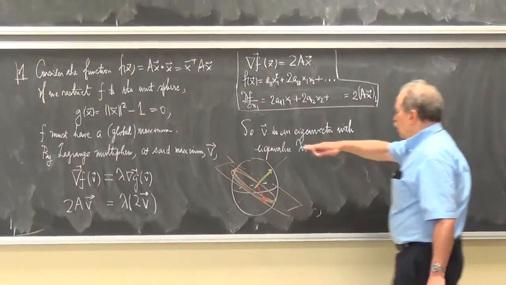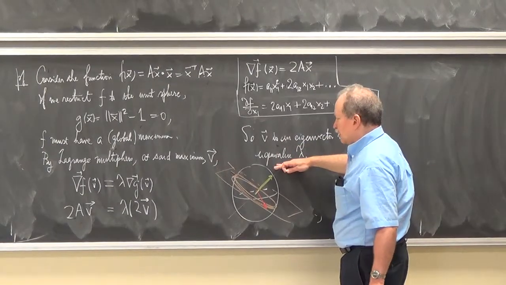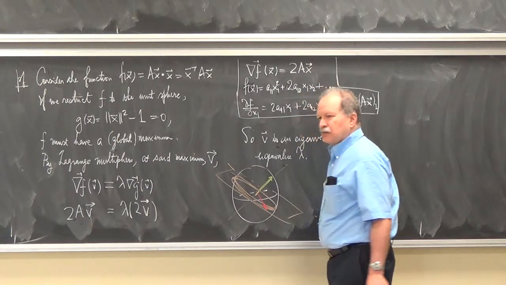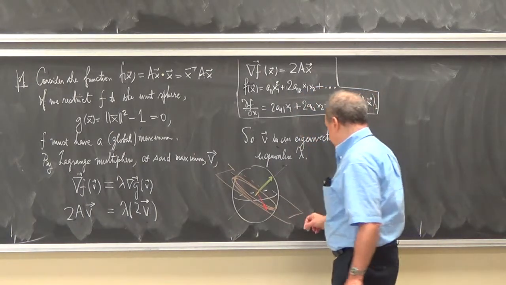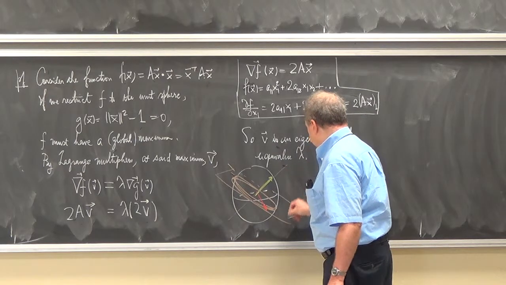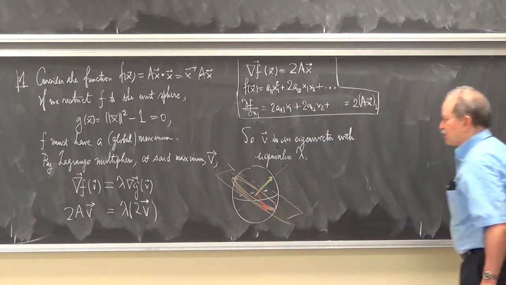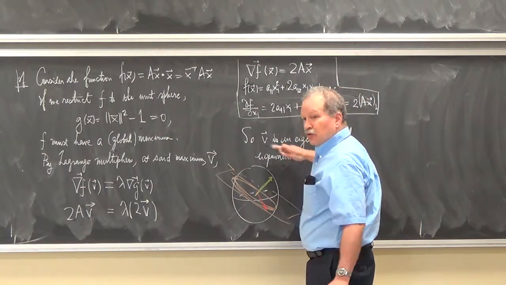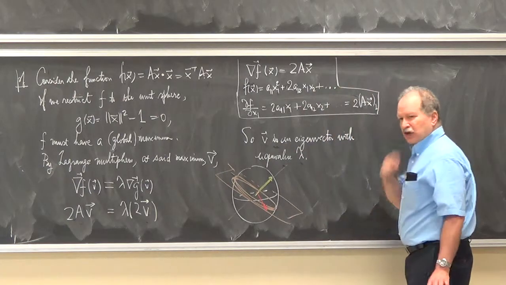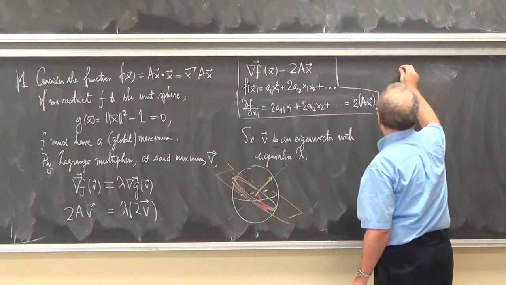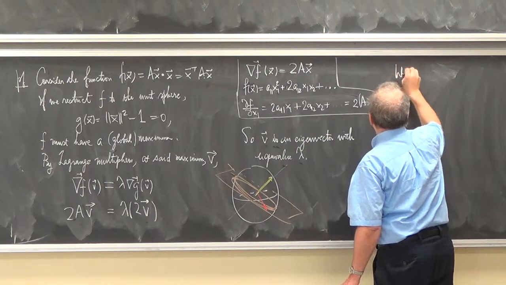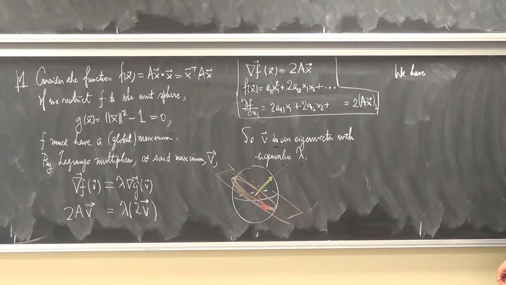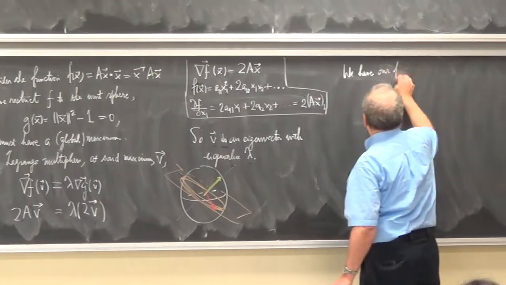Okay, so we have an eigenvector with eigenvalue lambda. What does this prove? What am I going to do? I have an eigenvalue with an eigenvector. So now we're going to do it recursively, or do induction. And this is going to remind you of one of your homework problems that you just turned in. We have our first eigenvector.